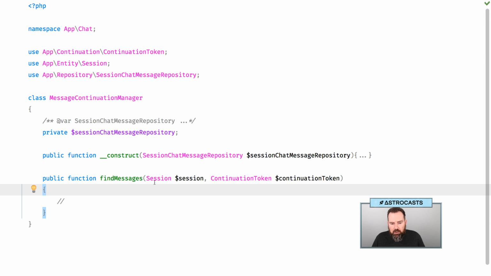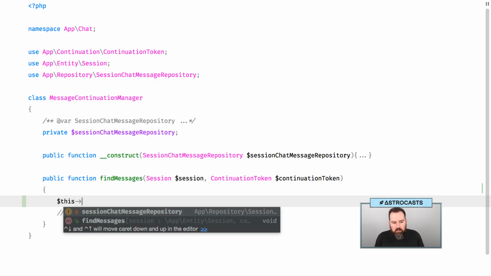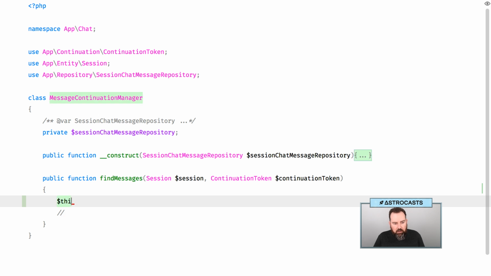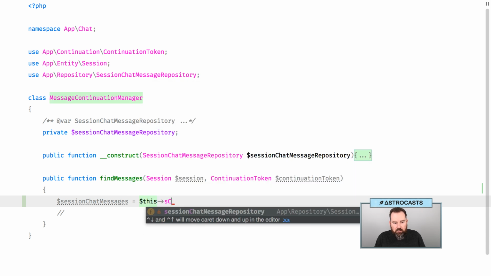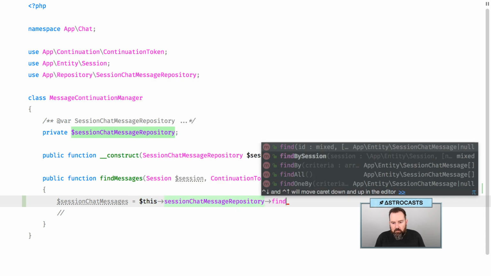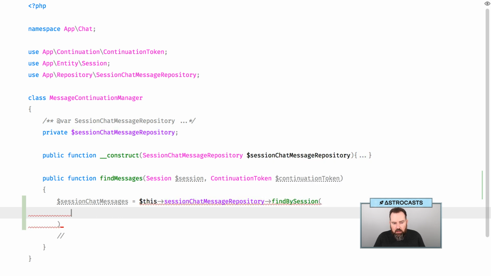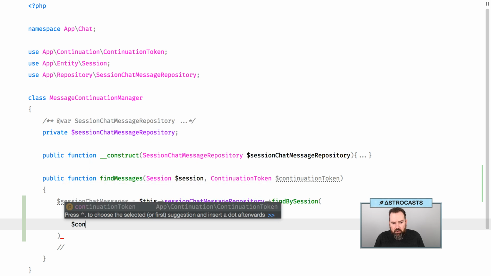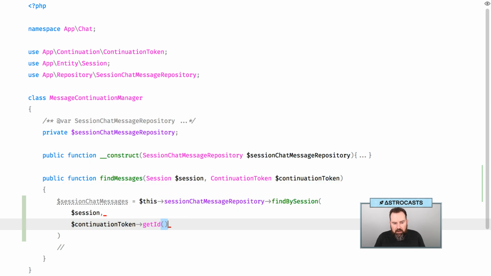So given a continuation token, we should be able to do this. Let's do session chat messages, session chat message repository, find by session. Let's do session that was passed in, continuation token, get ID,